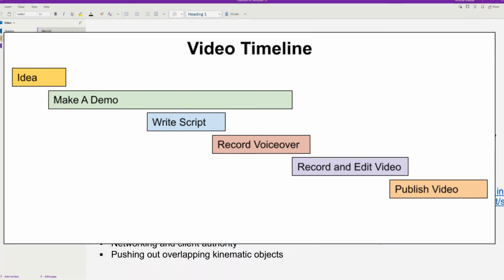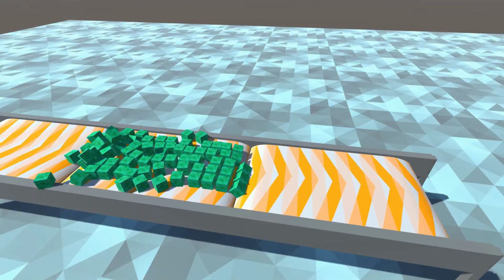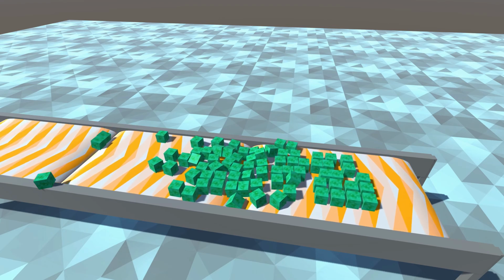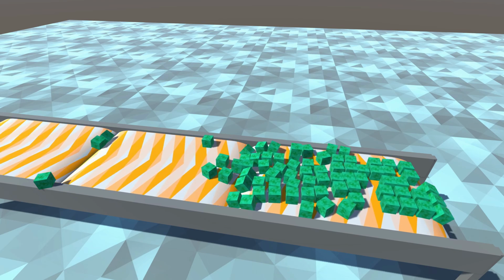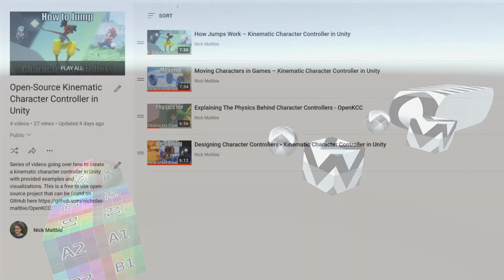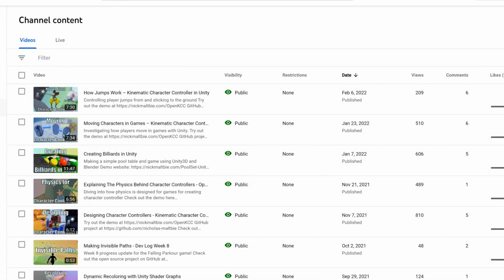Coming up with an idea can be difficult sometimes. I found that the best topics are usually challenges where I had to learn something new during my project development. So keeping notes on what I found frustrating and needed lots of iteration and improvement has helped me continue to add new ideas to my list. Making videos in greater detail on the same topic in a series, like my open source kinematic character controller, has also helped keep the channel focused and growing.